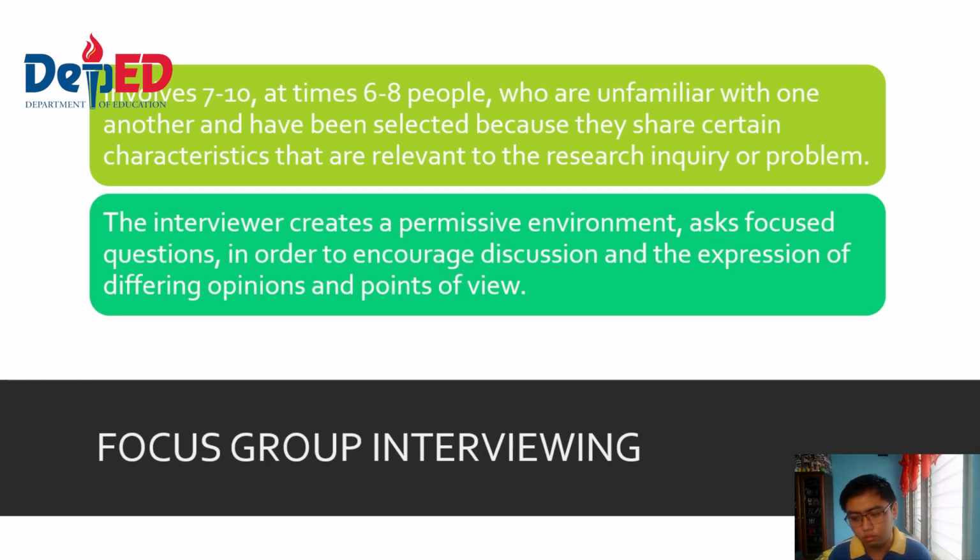Okay, so for example, the age is 16 to 18. Okay, so you will select individuals who are not familiar with one another with the age of 16 to 18. Okay, if you are in school, for example, we are ABM students with age of 16 to 18, possible. Okay, or TBL students 16 to 18, regardless of gender, so on and so forth. Okay, regardless of grades, possible yan. Then what you will do is it's like a